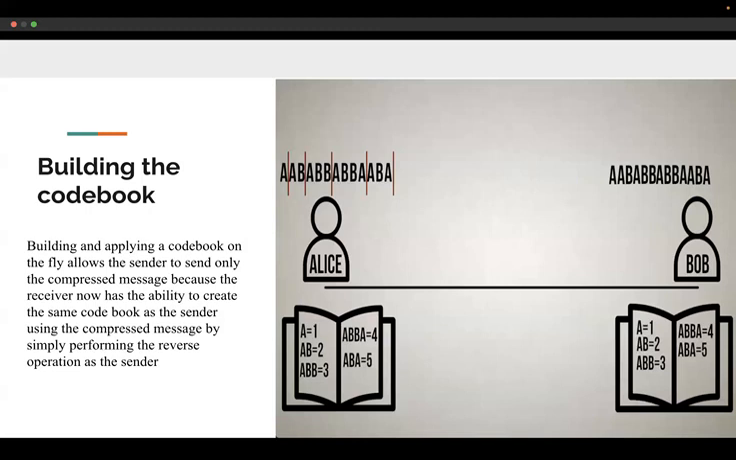And the code for B, which is 2, and AB, which is 3, are sent respectively. It proceeds similarly for BA, BB, and AABA, each time adding new sequences to the codebook and sending their codes. The sender encodes the sequence of codes